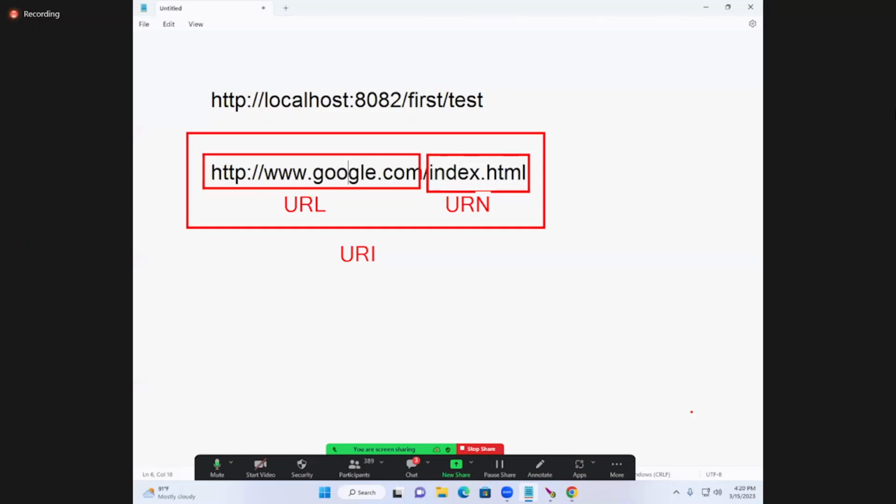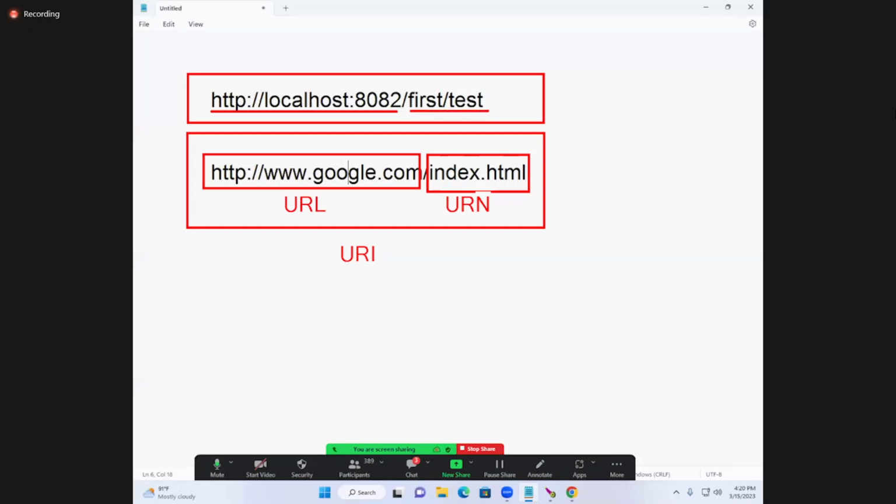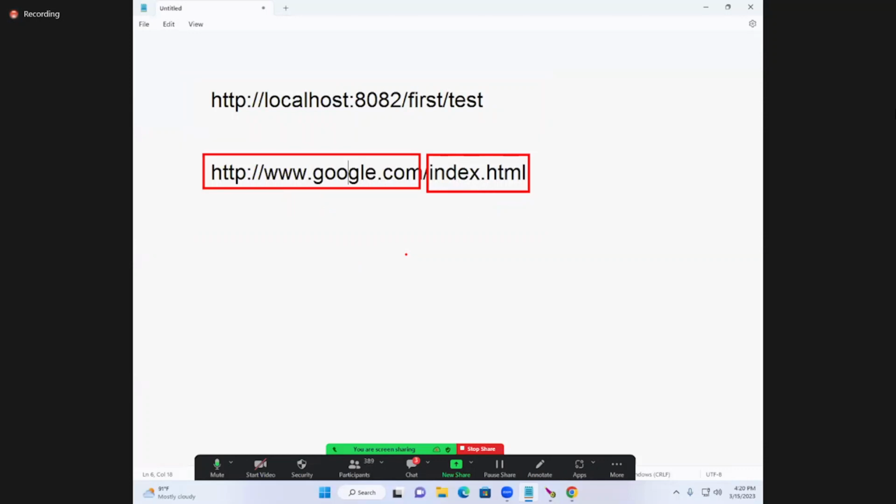Is it over? So in real time, and now this program, our program, if we compare, you observe up to 8082 is equivalent to google.com. This is equivalent to index.html. This is totally URI. Okay. Is it over? See here. All these I'll explain word by word, then you'll understand. Now,